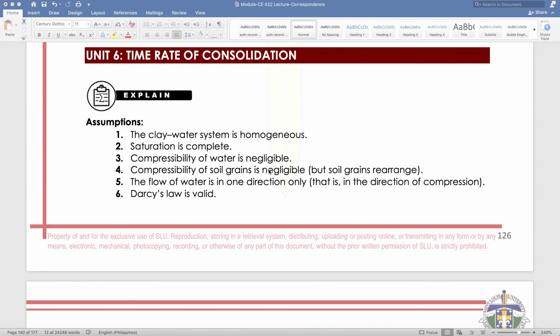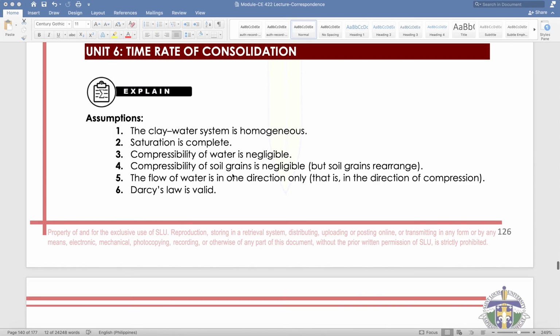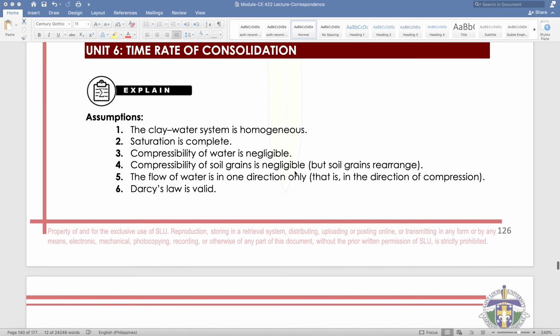So we are still on module number 4, but we are already on the last unit, unit number 6. So, time rate of consolidation. So we have here our assumptions. Number 1, the clay-water system is homogeneous. Number 2, saturation is complete. Number 4, compressibility of water is negligible. Number 5, compressibility of soil grains is negligible, but